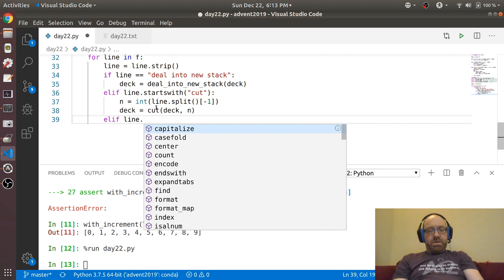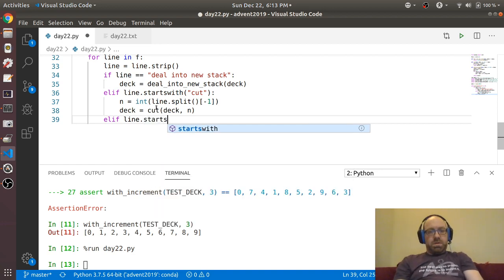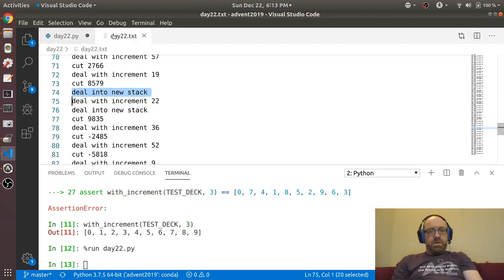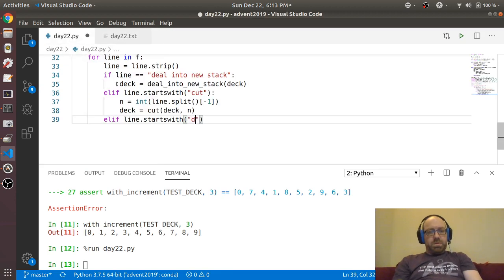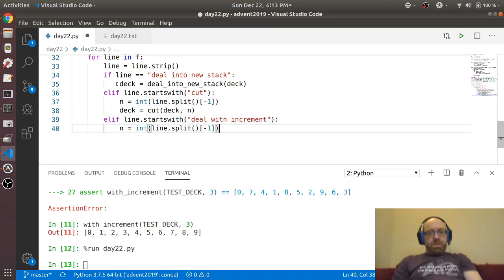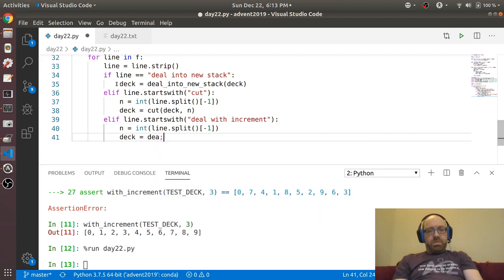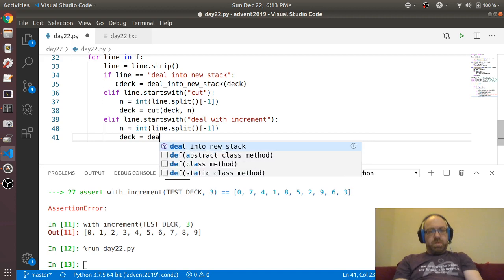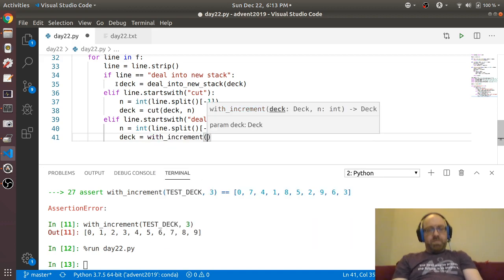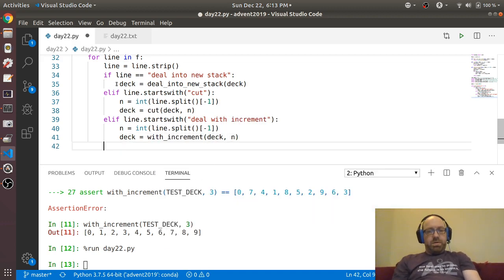Elif line dot starts with deal with increments. And again, I can do this and say dec equals deal with increment dec n,